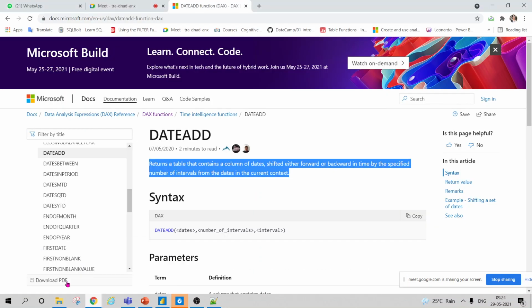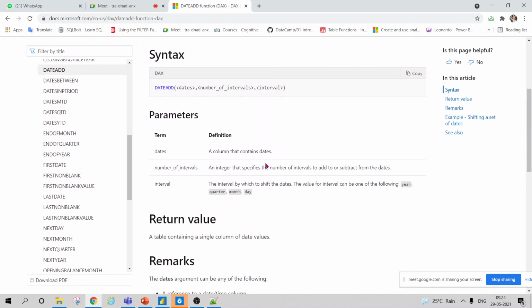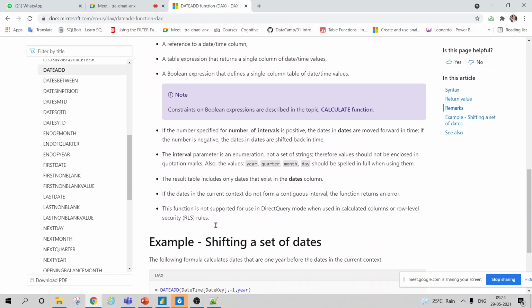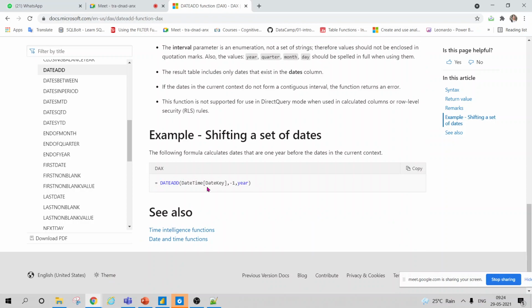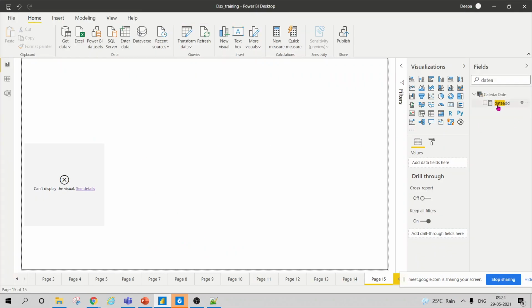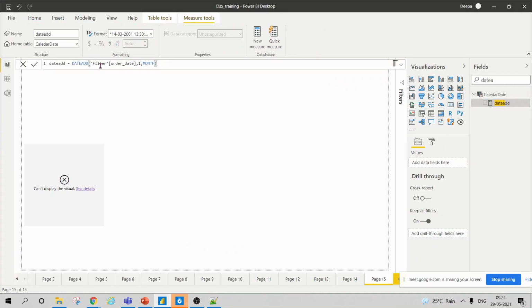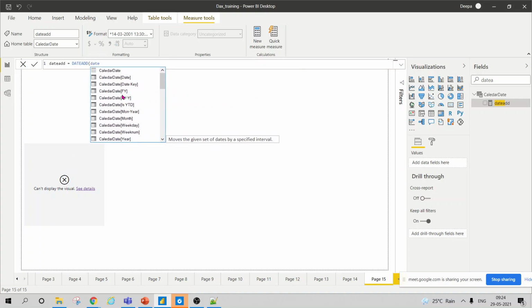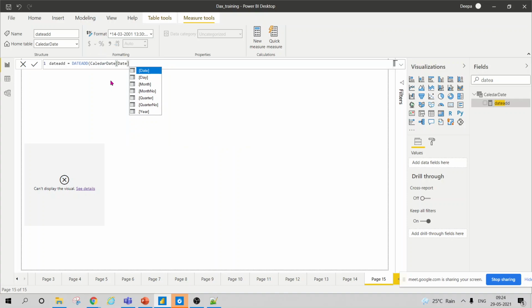Today my date functions are not working on any of the things. It contains date, number of intervals, and what you want to add. So see, even Power BI is using the DATEADD function with date time key and year. So I will use another table to check if I'm really doing something horrible. We use a calendar date. This was my calendar date table. I will use one, and I will use day to check what wrong I am doing.